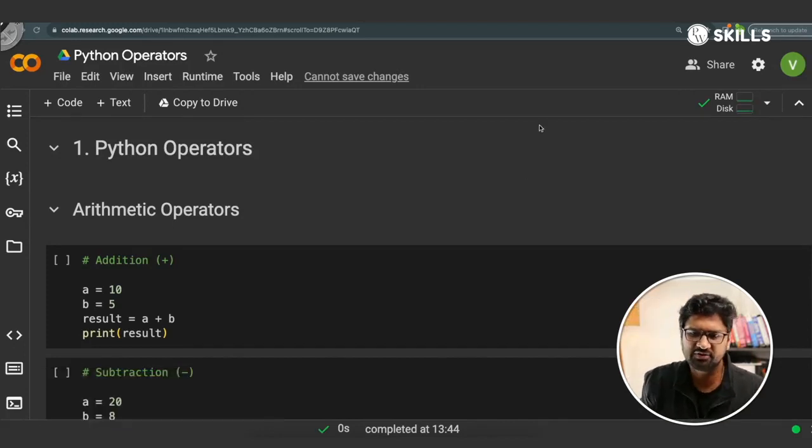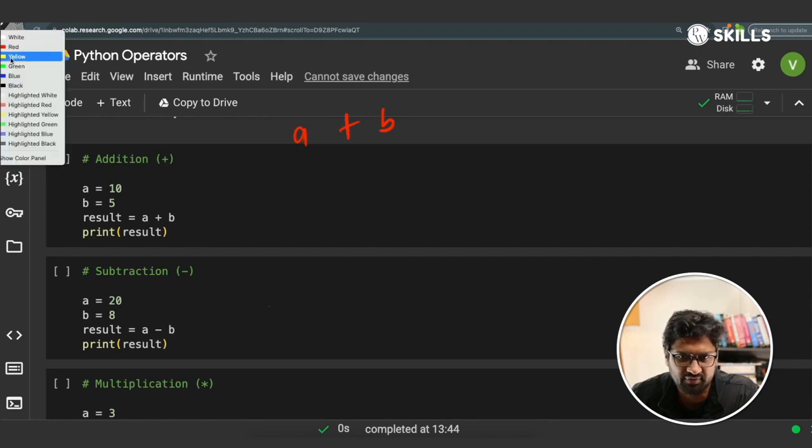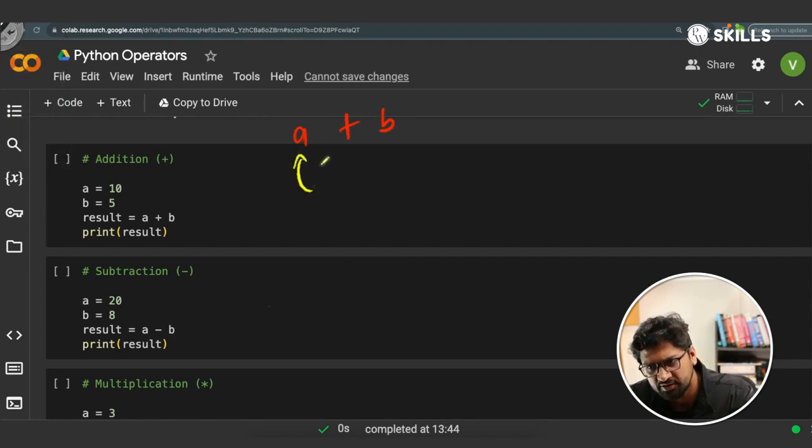So we go and start with the very first operator that we will make use of, as you can see on the screen here, called the addition operator, right? So whenever you write an expression like this, sir, a and b, what you write on the left, which you see on the left, we call an operand, right? So a and b are called operands.